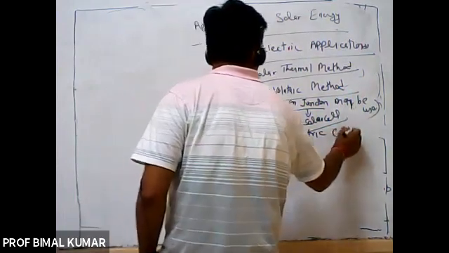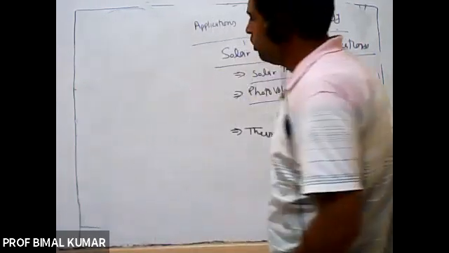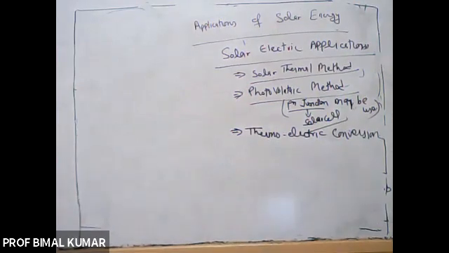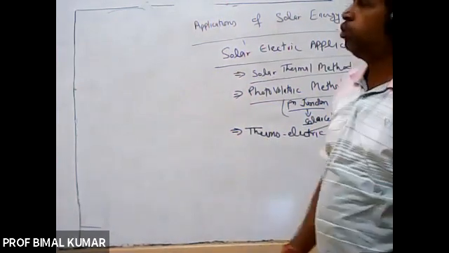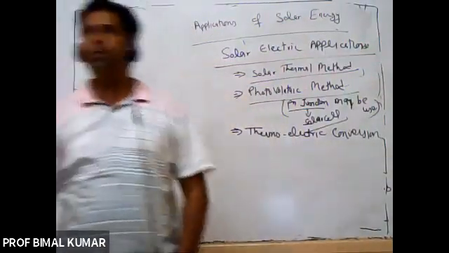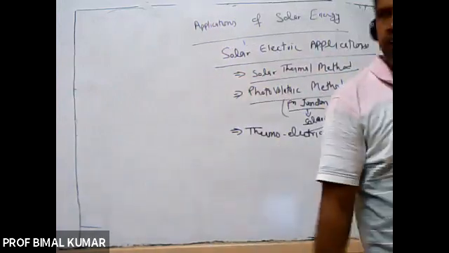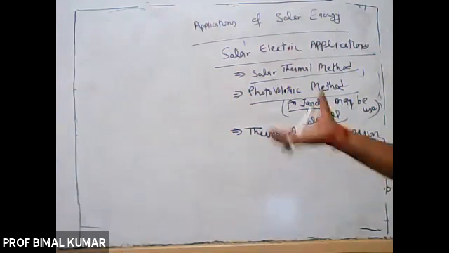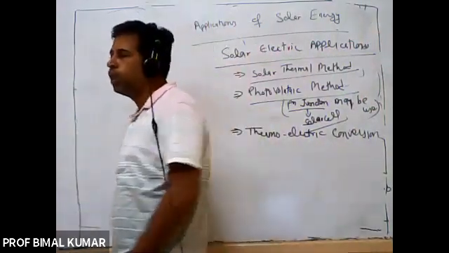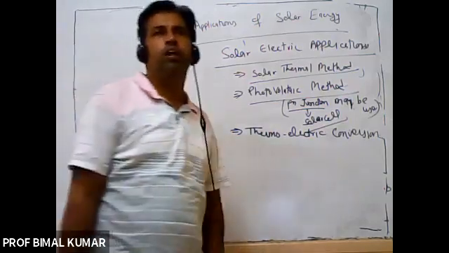This part we just studied in the previous lecture. In that, you may take the example of the Seebeck effect, and you may also consider the applications such as the Peltier effect or the Thomson effect. In each and every case, what will happen? Due to some heat across the junction, we are capable of producing electricity.